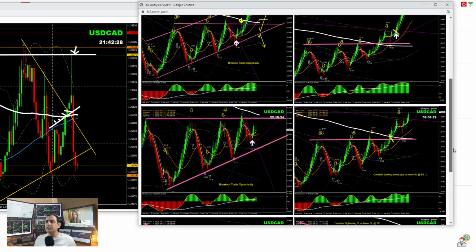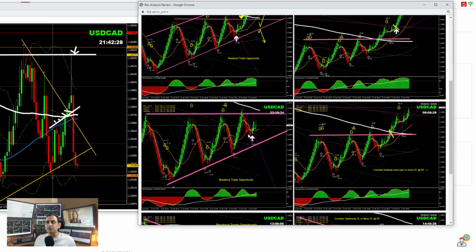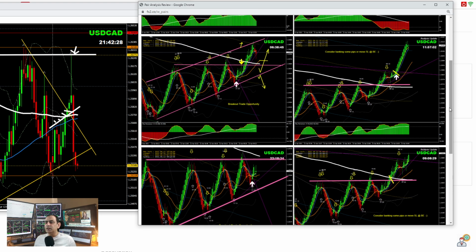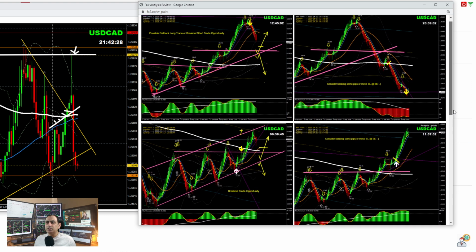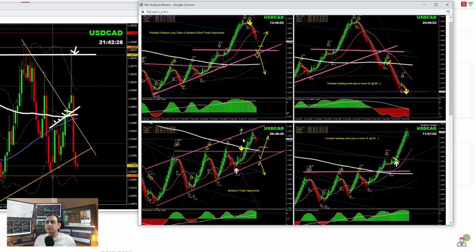Okay, so this was the analysis I did last night. As soon as I finished my recording, I looked for this pattern breakout, which broke beautifully. And as soon as the price hit the fib channel, we announced to bank some profit. And I also updated this analysis instantly in the morning session. You can see here the price developed an up channel. But I explained to my traders we have very strong bullish momentum. So if the price is going to develop a pullback at this level, as you can see here,